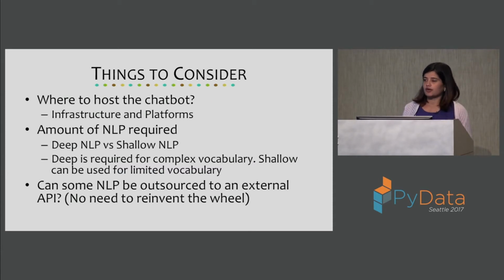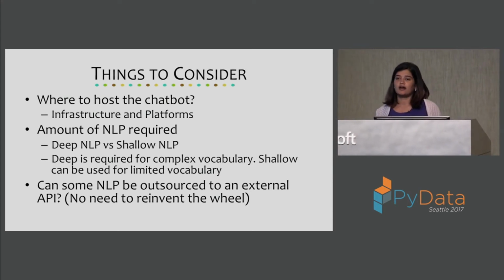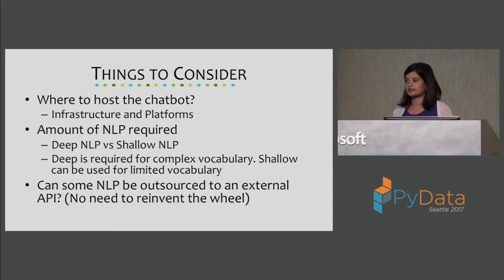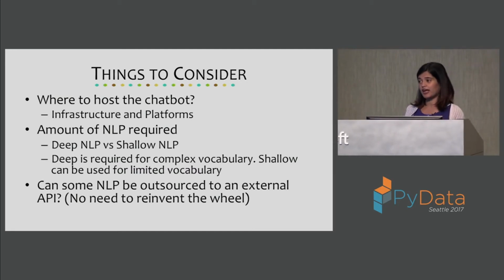What kind of NLP do you want? It's hard to get away from chatbots without natural language processing and artificial intelligence. And you can do something very shallow, like if you see the word leak in any text, flag it as A and or give a specific reply. But then, the word leak can be leaky cauldron from one of the Harry Potter books, which doesn't represent a leak in your house. So there are lots of things to think about between the shallow and the deep NLP. Deep is definitely something that's required for more complex tasks.